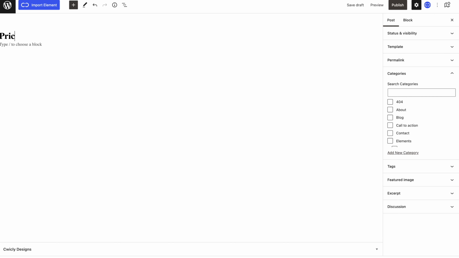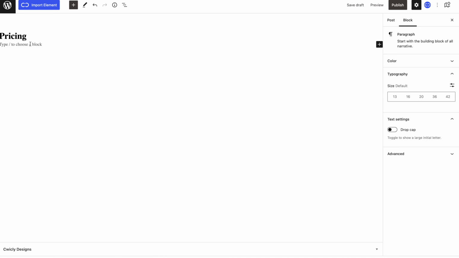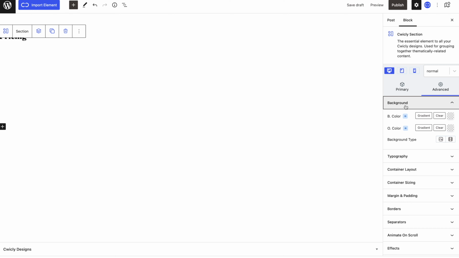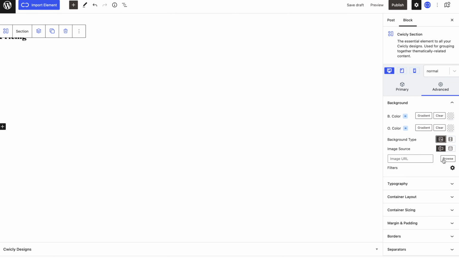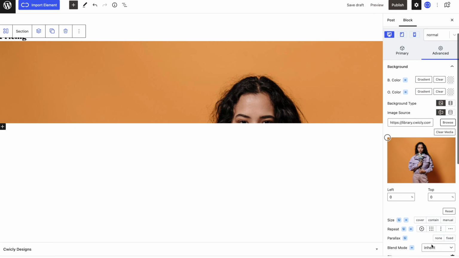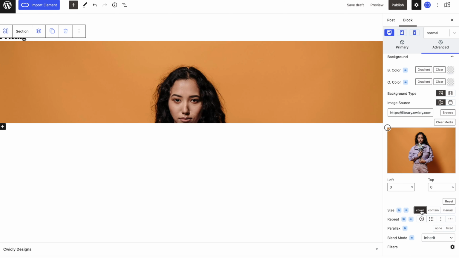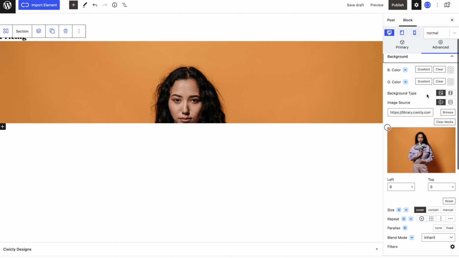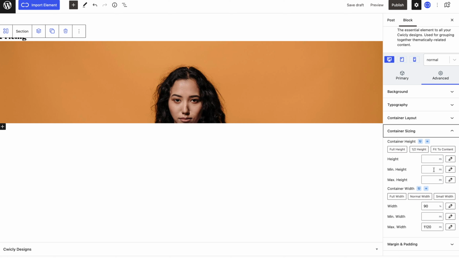Here we are in the Gutenberg editor with a blank page. Let's add a section. I'm going to add my background image by going into the Advanced tab, into the background panel, and clicking on the image background type and selecting cover in the size options, which fills the space as opposed to contain, which would make the background image fit the section, which would maybe result in blank spaces. I'm doing this now because my paragraphs and columns are white, so it will be easier to design on a